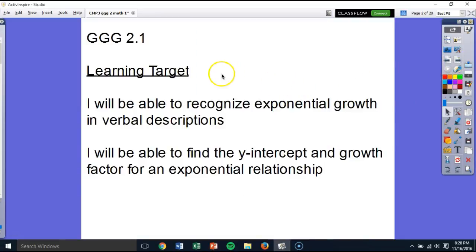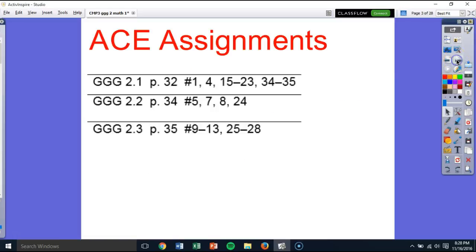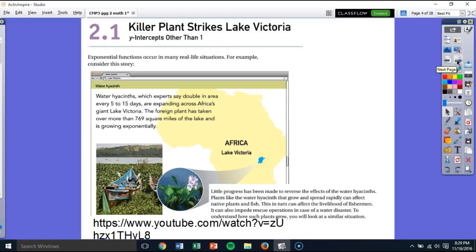So in Growing 2.1, our learning targets are I will be able to recognize exponential growth in verbal descriptions, and I will be able to find the y-intercept and growth factor for an exponential relationship. Those are the two things we want to accomplish here. Our ACE assignments for our investigation 2, starting with 2.1, beginning on page 32, are numbers 1 and 4, 15 through 23, 34 through 35. So if we go ahead and turn in our books to page 28, we'll see